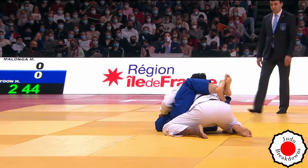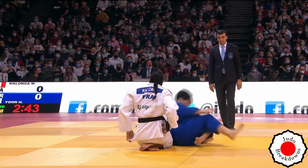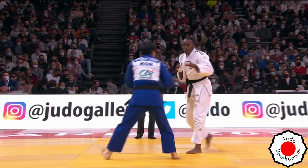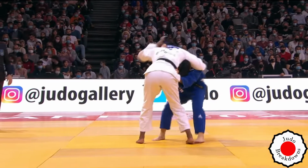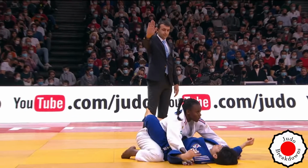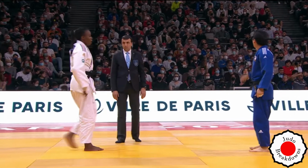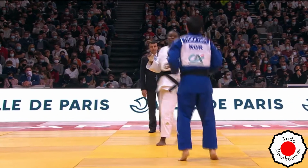And there's a sort of weak attempt at a Tomonage. That's about 4 inches too far away for it to really work. Not a lot of forward Kuzushi by Madeleine either to get that throw going. So there it is, the over the back as I was talking about, and the Sumi Gaeshi sort of bailout type throw. Not really threatening, but it's at least a way to get out of that over the back grip